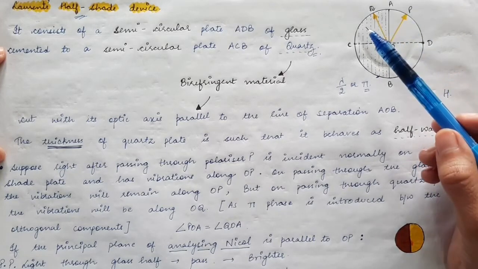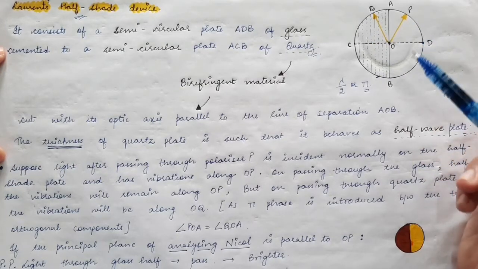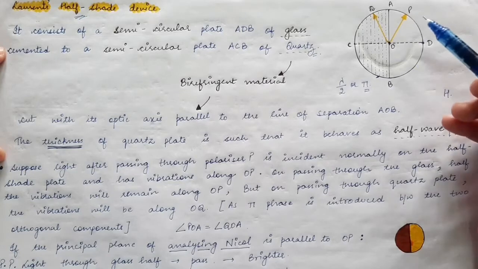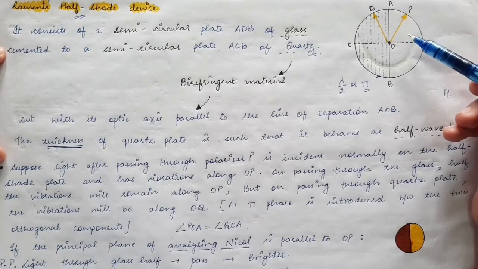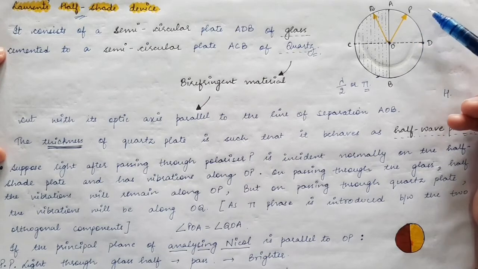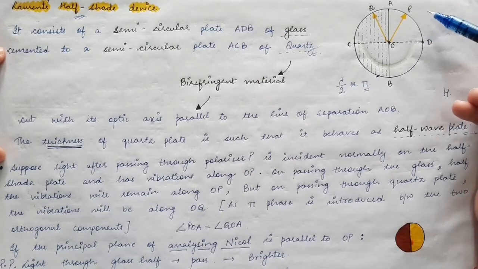Means a plain polarized light is made to fall on the half shade device. So what happens in this case? Let's suppose that we have a Nicol prism at the back of the half shade device. Now the plain polarized light is coming from the polarizer, the Nicol prism, and it is falling on the